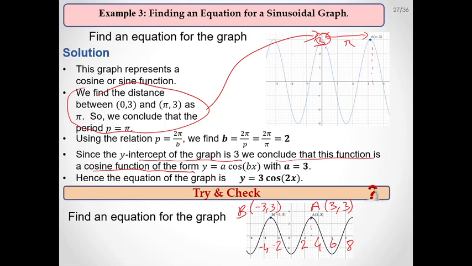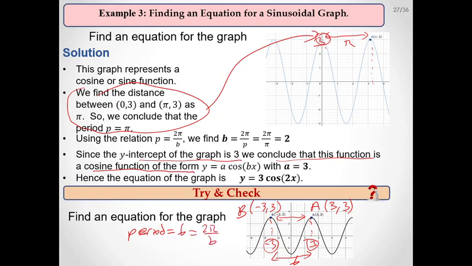Now, we want to find the equation for it. One thing you can say here is the distance between two top points, the period. Here is minus 3 and here is 3. Then you can say this one is 6, so the period is 6, and it's also equal to